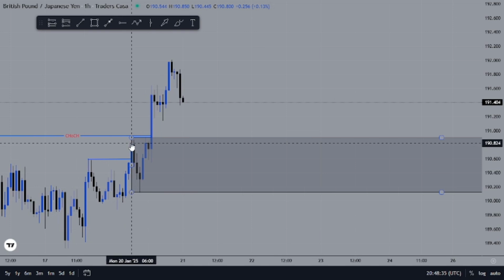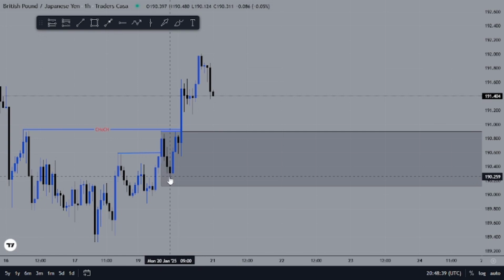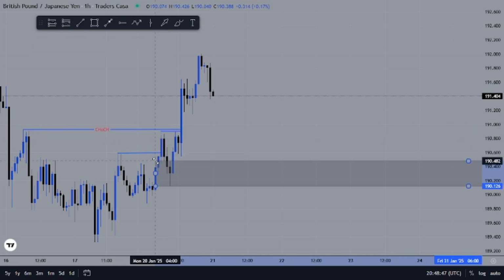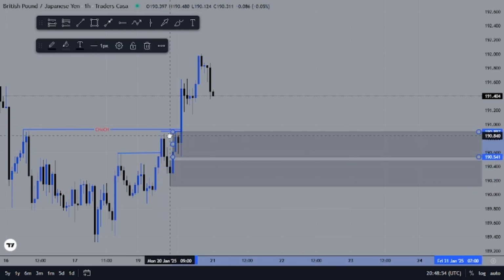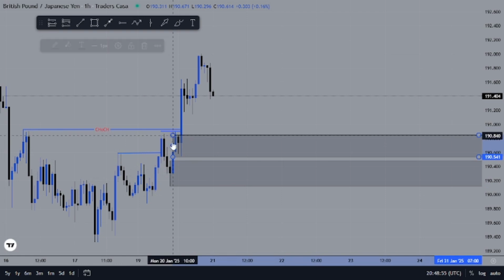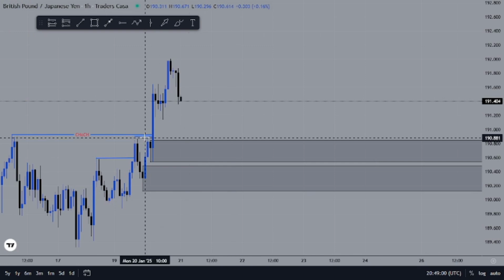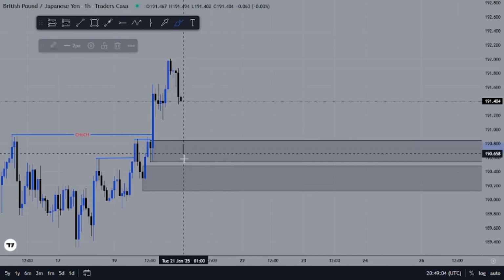So taking a look at the forward demand zone that we drew right here, we can clearly see that we got two demand zones inside when we drop down to the 1 hour time frame. We have this extreme demand zone right here, and we can also see that we have another demand zone right here, which we find also in the 4 hour time frame zone. But with this, I consider this to be an inducement zone,